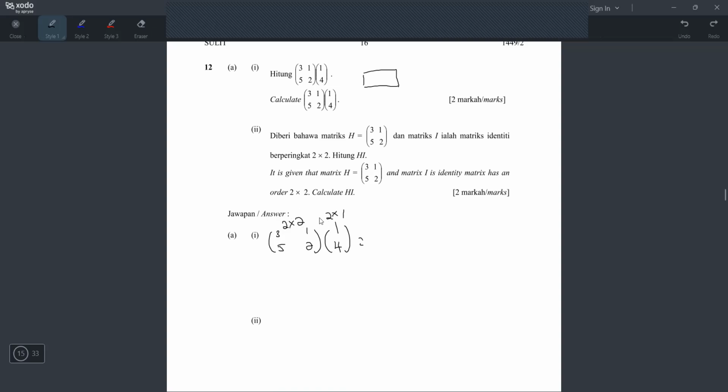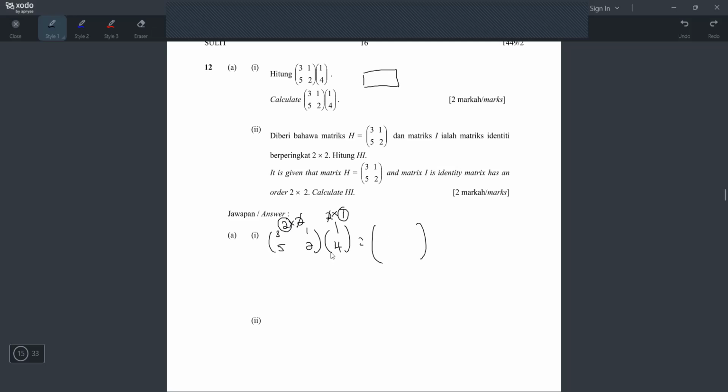And you have to make sure the number here and number here is same. If the number tak sama, number not same, you cannot darab. It means these two matrices tak boleh darab. You just write no answer if tak sama. So sama tak? Sama kan? So bila sama boleh darab lah. So jawapan dia akan jadi 2 row, 1 column. Sebab you sudah potong ni, jawapan dia akan jadi 2 row, 1 column. 2 row, 1 column means what? Satu nombor atas, satu nombor bawah. Macam ni, 2 row, 1 column.